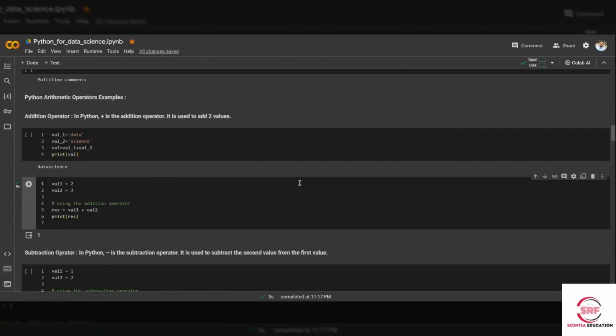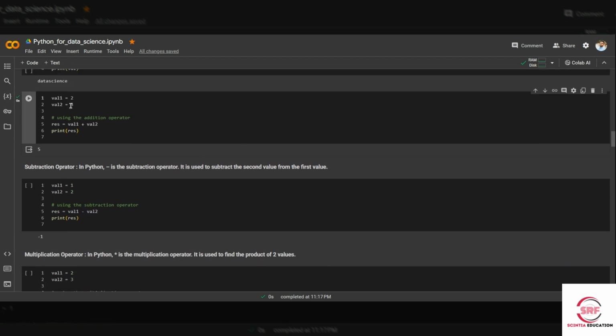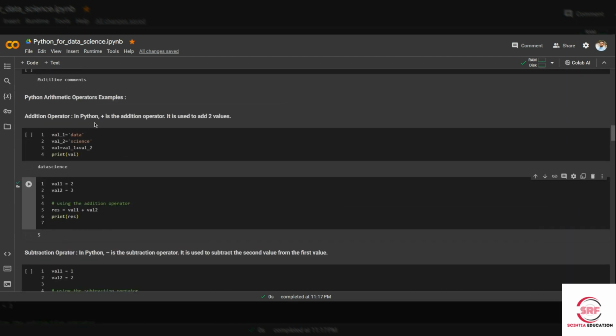Hello everyone. In this tutorial, we are discussing various operators in Python. So let's start with arithmetic operators. In Python, the plus sign is the addition operator, and at first we are